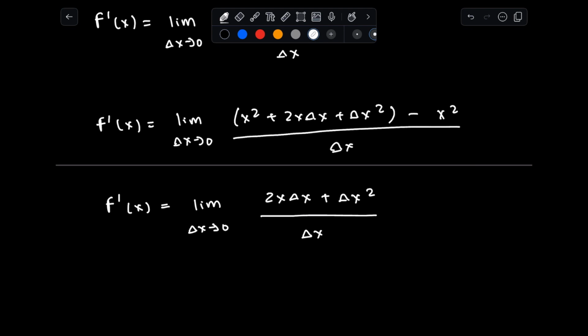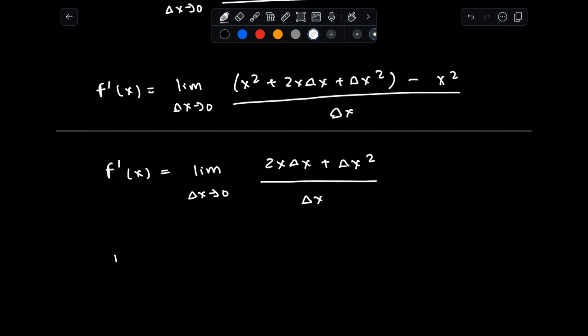So look at the numerator and look at these two terms. The element that they both have in common is that they at least have one delta x in their term. And so by having at least one delta x, we can go ahead and factor that out, and we end up with the following expression. So you'll have the derivative of f of x is equal to the limit as delta x approaches 0, and by factoring out that delta x, we'll write 2x plus delta x